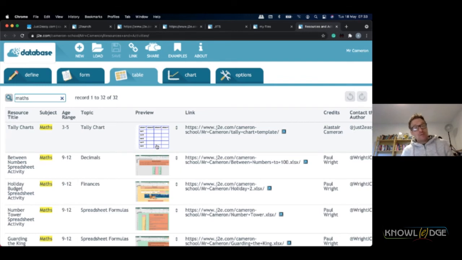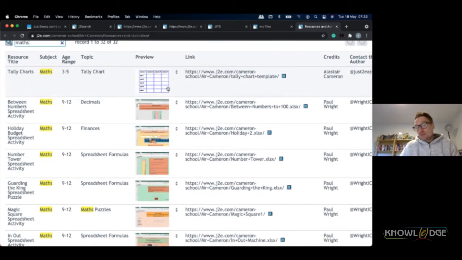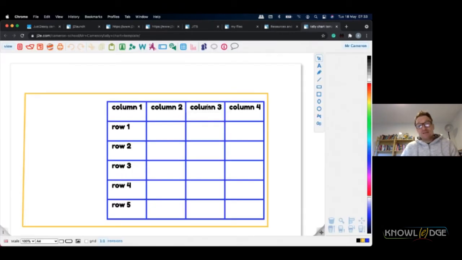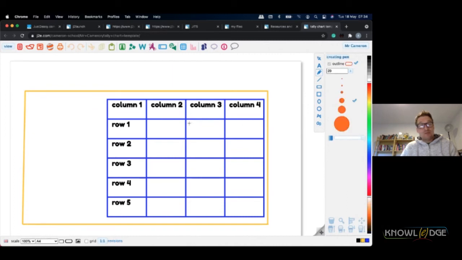Now, having already shown you the basic outline of the tools, we have a resource database, and I'm just looking at some of the examples of specific things that come up with maths, such as making a tally chart. Again, this is using J2E5, which gives me an opportunity to count anything I wish. So I might want to even just count dots, so I could just put dots in a column, or I could write a number or a shape in a column if I wanted to.